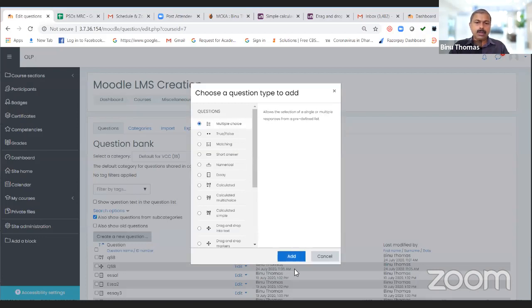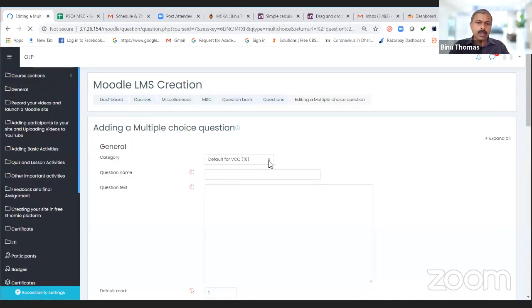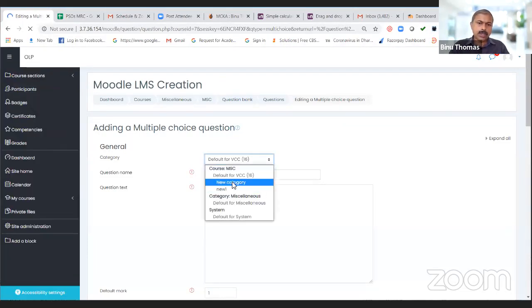So you can have a multiple choice question or something. So you create a new question. Then here you can select to which category. So this new category was created by me. So you select a category, and under that category, if we create questions, it will be very easy for us